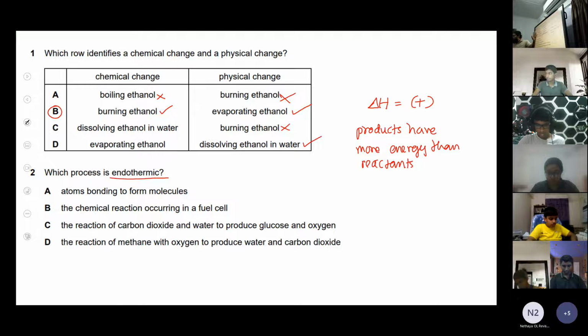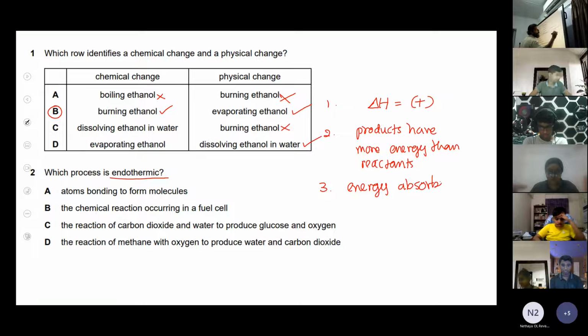Stored energy and bond energy are two different things. Enthalpy change can be expressed in four different ways. One, delta H is plus. Second, products have more energy than reactants. Third, energy absorbed, or taken in. These are the ways that you can